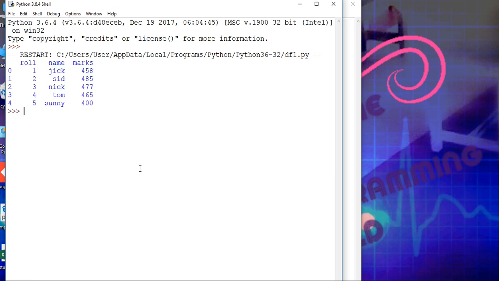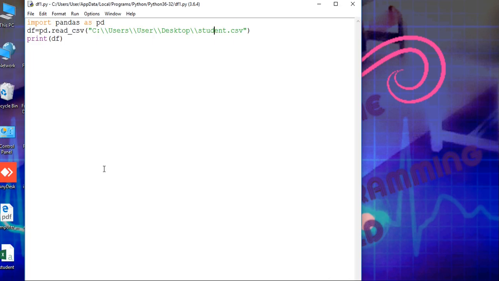See here, this is the output. These are the columns that you saved in your Excel file as a CSV file, and this data is transferred to the Python programming language. Note that we use double slash here. It is a Python version problem. We use 3.6.4, but if you are using a different Python version, then there is no need to use double slash. In some versions it is necessary to use double slash.